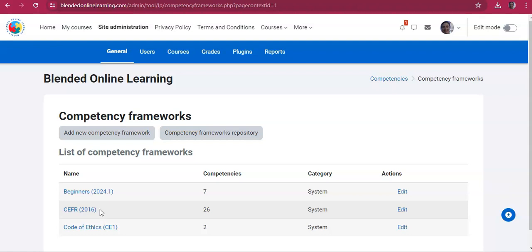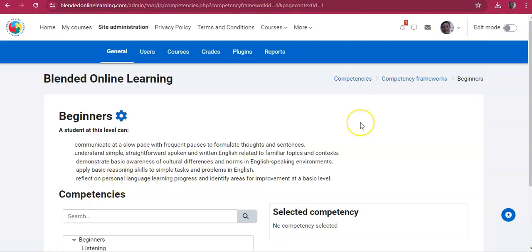It's called Beginners. It took me some time to decide what to include here. I asked ChatGPT to help me a bit. I first tried to get this to be turned into a CSV file or format or code, but then I realized I could write here the description of this competency framework. I created one for beginners. I stated some ideas a student at this level can